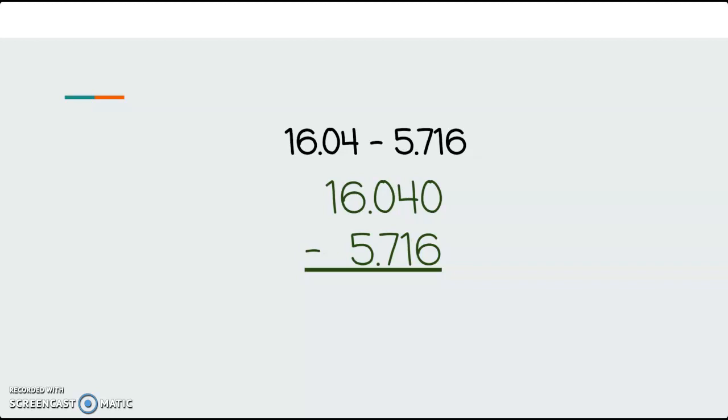Now, we notice that 0 cannot subtract 6, so I have to borrow from 4 to make that 0 a 10. So 10 minus 6 is 4. That 4 has become a 3. 3 minus 1 is 2. We have to borrow again with that second 0, so that 6 will become a 5, and that 0 becomes a 10, so 10 minus 7 is 3. And then I have 5 minus 5 will be 0, and 1 minus 0 is 1. So my final answer is